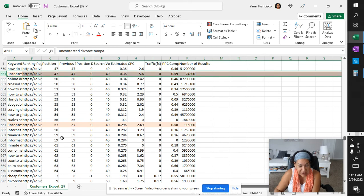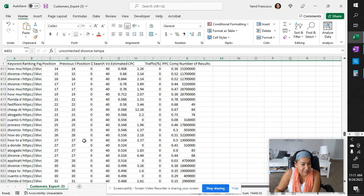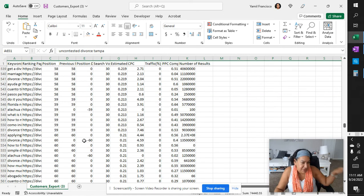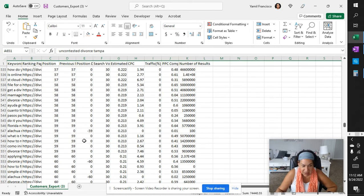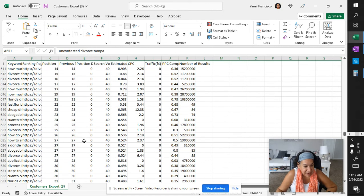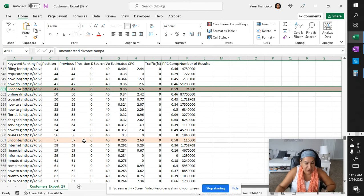So I need to take care of that, and I'll make a video about how. It's going to take a while before the test that I'm working on, but this is something that I need to address, and I will make videos about how I'm addressing this, because it causes an issue with the website when it goes up and down, up and down for a keyword. So actually, I thought it was dead in the water. It's not dead in the water. The page that I was tracking is dead in the water,